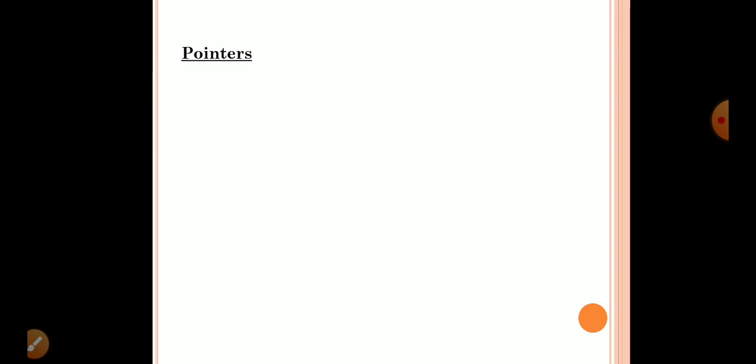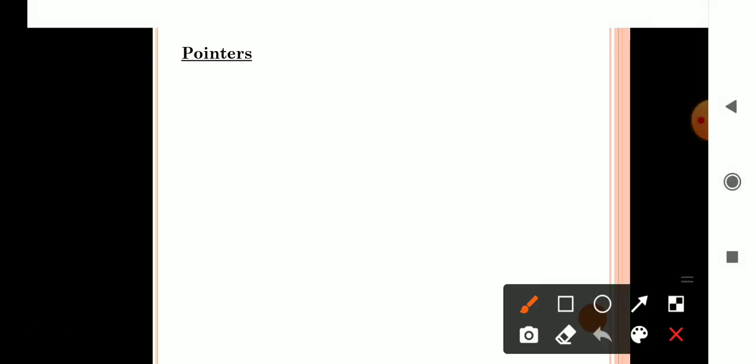How to declare a pointer? Pointer is declared by using data type, star, pointer variable name. Here I take P for pointer variable name. We can also declare a normal variable that the pointer can point to.